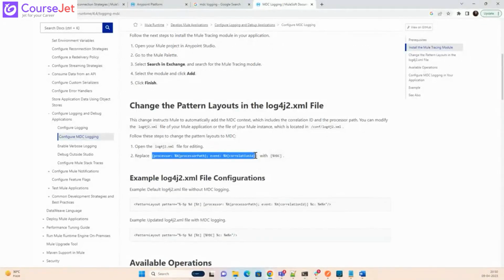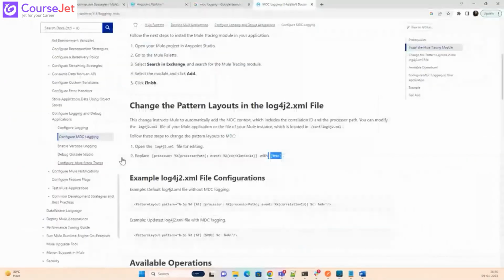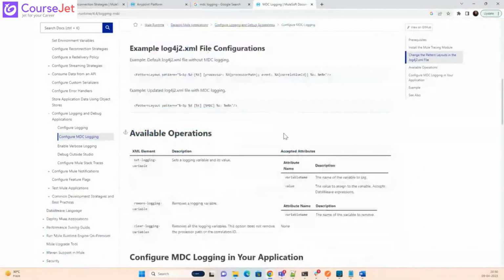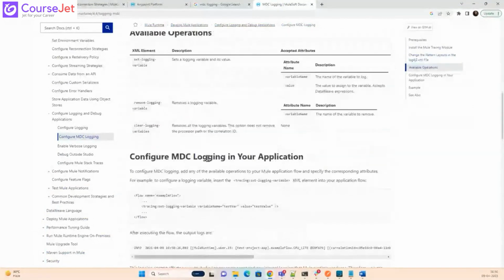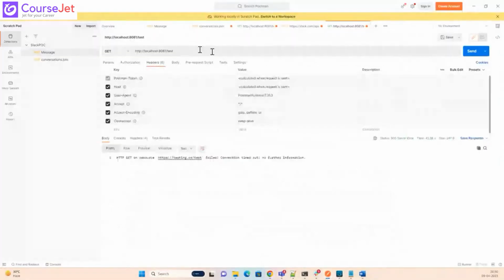We have updated this with the percentage MDC, and now we have executed this project. Is there any other? Okay. Yep, they updated this. We have already done this one. Okay, and this one is already done. Now let's see how it works. So I'm going to run this